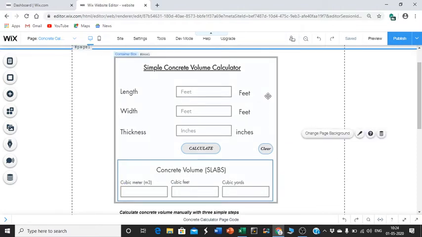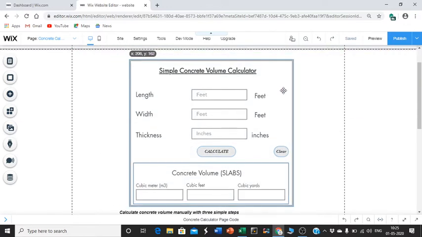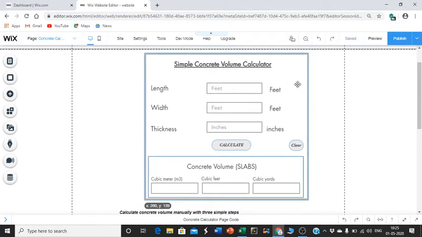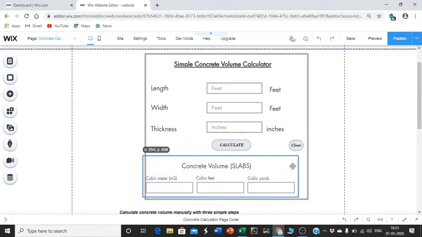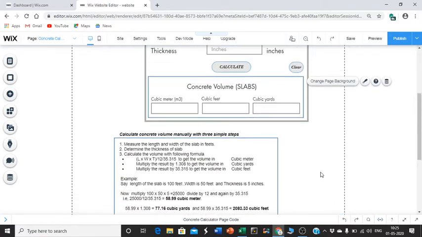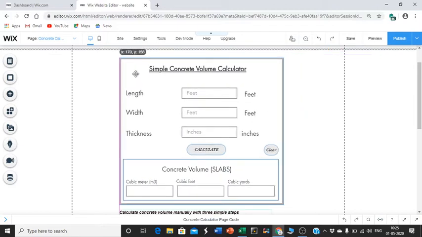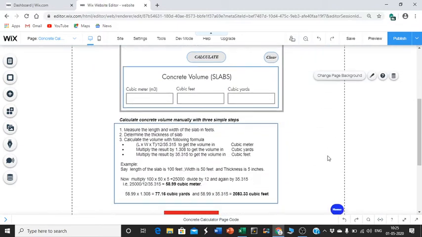Now we'll focus on the container box. The advantage of this container box is you can move the total design elements. If I want to move this, I can move it like this, in total. And if you build one more sub container inside, you can move only that container. This is the advantage. Plenty of options are available. See, this totally moves. So let me move it this way. Slightly changed, no issue.